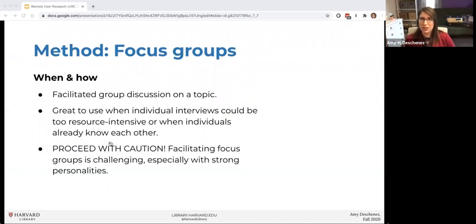I think the reason to use focus groups in this case is that doing individual interviews really would have been too resource intensive. It can also be better when the individuals know each other. Again, there are always landmines that can happen with focus groups, but just make sure that you are clear about how you intend people to participate, and you are comfortable interrupting or saying, we're going to go to this other person. But I think prep is really important with focus groups and oftentimes overlooked.